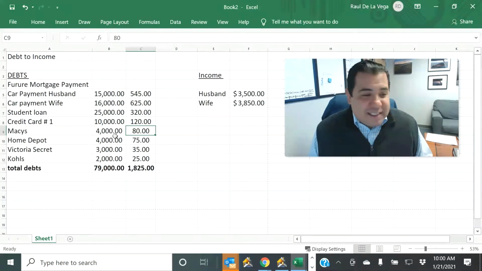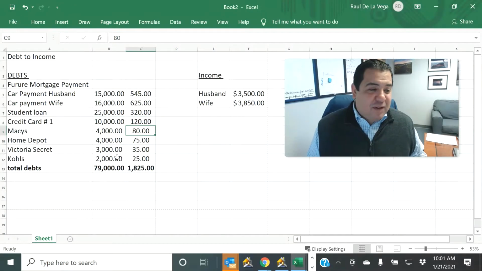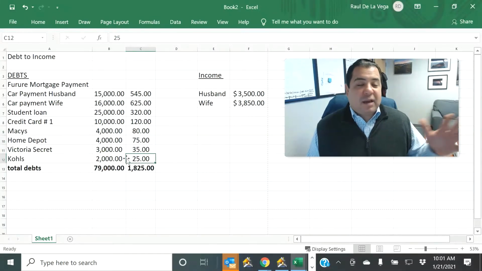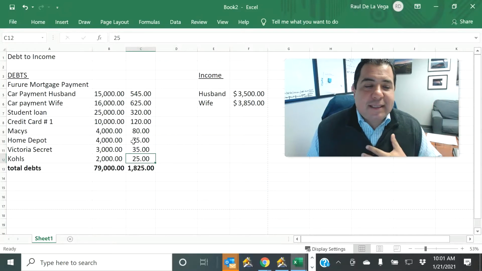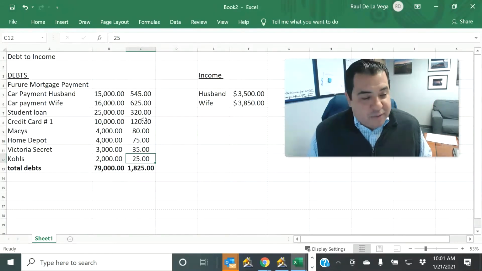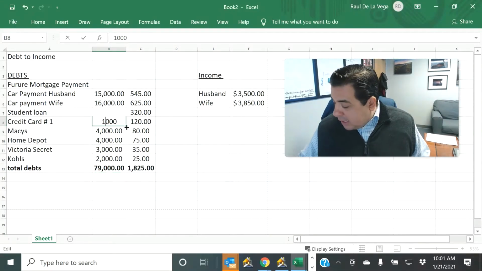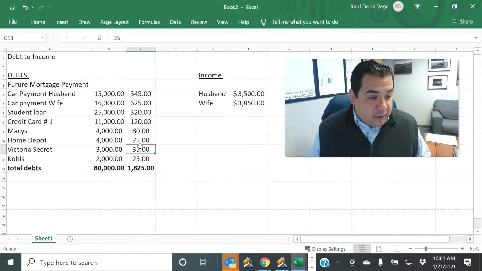A little Macy's action, some Home Depot, Victoria's Secret is one of the ones I see the most, and Kohl's. These are kind of like the top credit cards that I see, and these are some pretty average balances. So when you look at the total debt, it looks like $79,000. So I like round numbers. Let's make this $80,000. All right, $80,000 total debt, not including